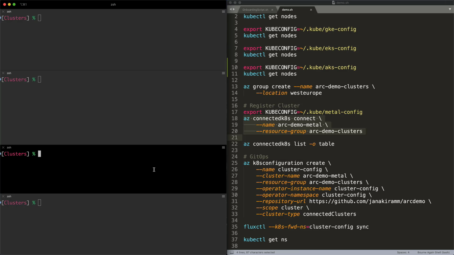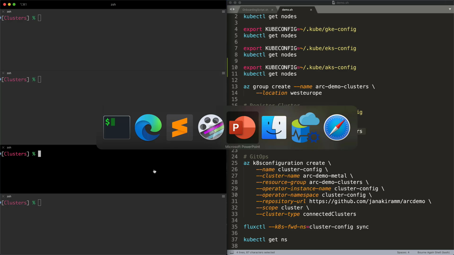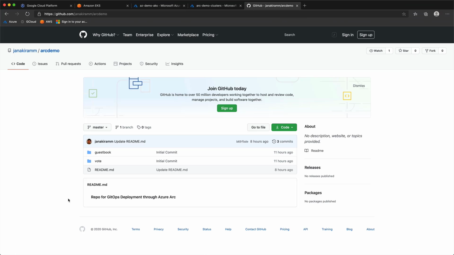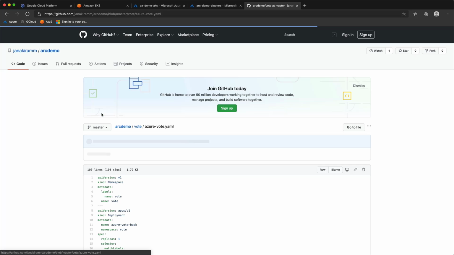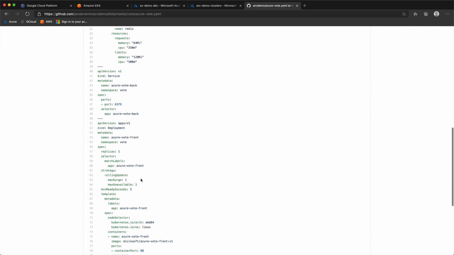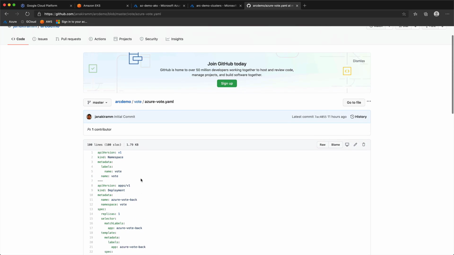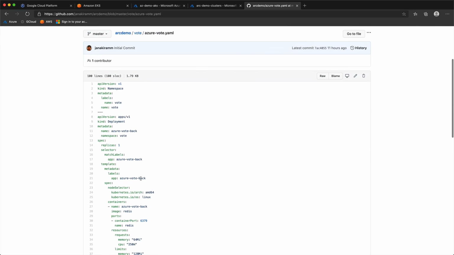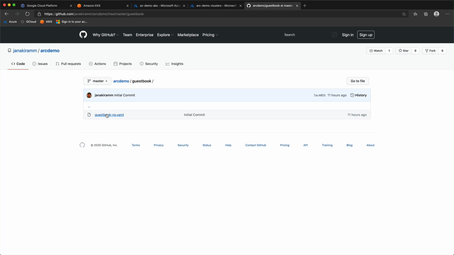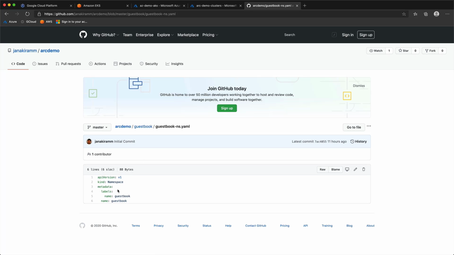And what it means is, here we have the GitHub repo. So this GitHub repo called Arc Demo is running a simple workload, or rather it has a spec. It has a YAML file that has the popular Azure Vote application YAML spec, and I have a namespace for Guestbook.